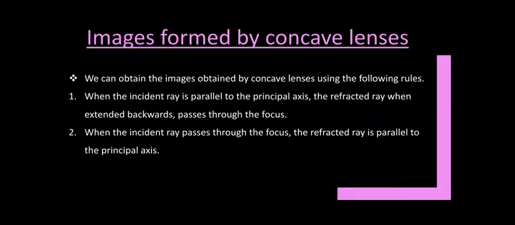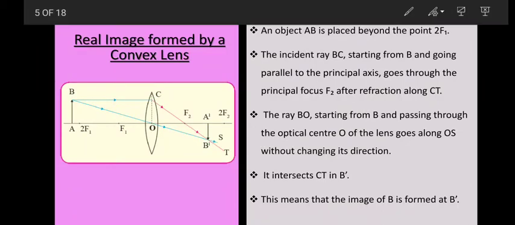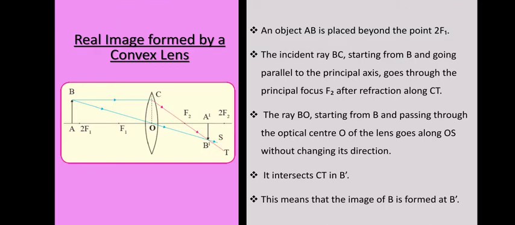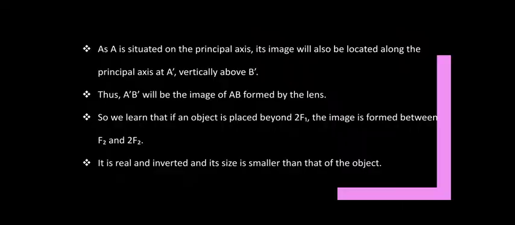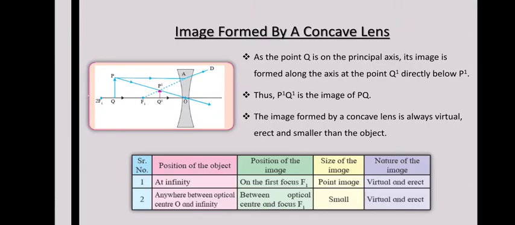Whereas here, what you are seeing, the rays which you are able to observe, B1 and A1, they are coming from point B only. There is no imaginary line here. So they are the real images. Followed? That's the difference between real and virtual image. Followed, students? So you can see the position of the object, the position of the image, size of image, and nature of the image. Again, you have to draw the diagrams and see for each position of the object.